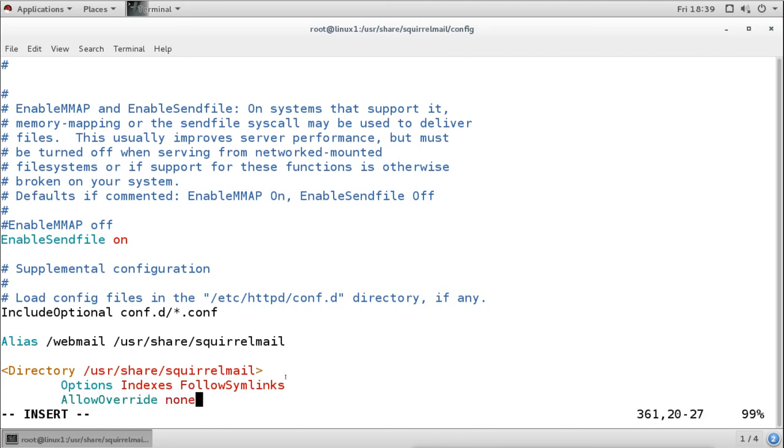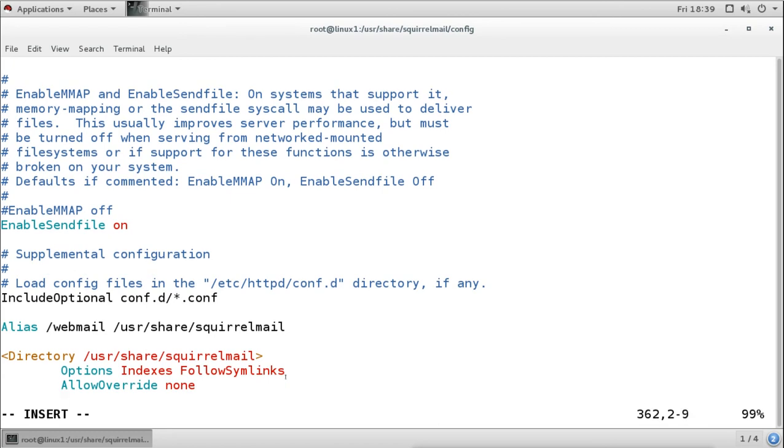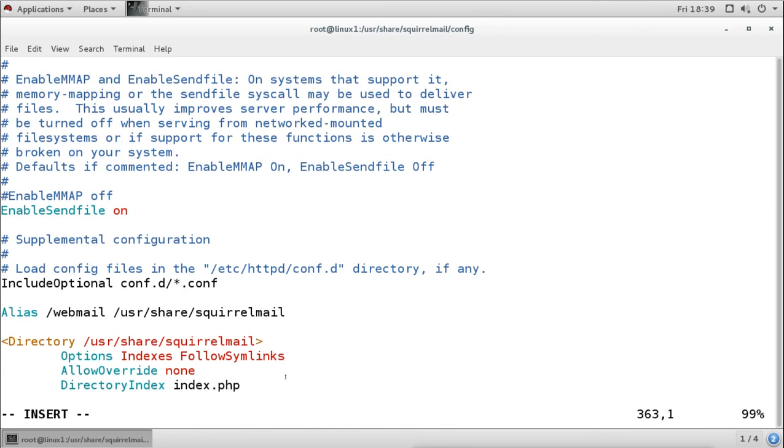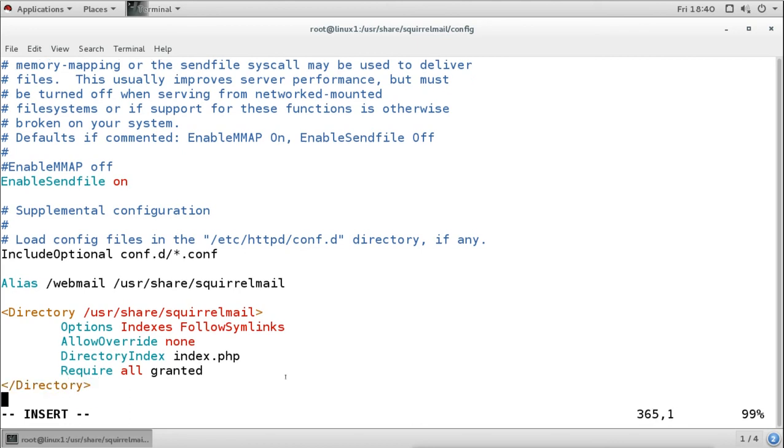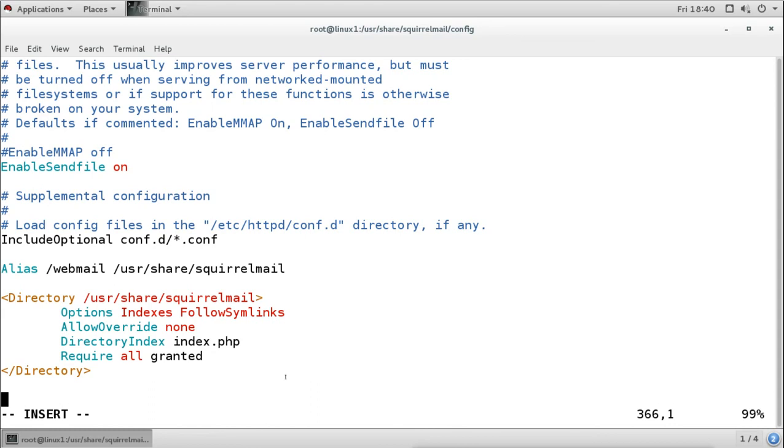Then I need DirectoryIndex with the name index.php, and then I will say Require all granted, and then I will close the directory syntax. So this is what we have to create, and we have to make sure we are giving the right name here and the right path here.